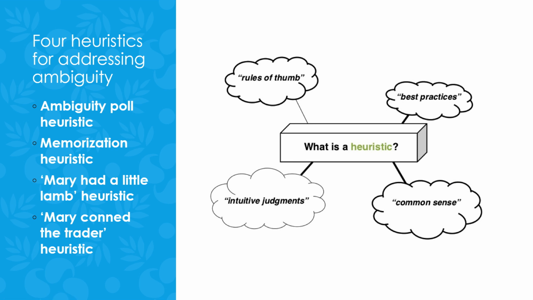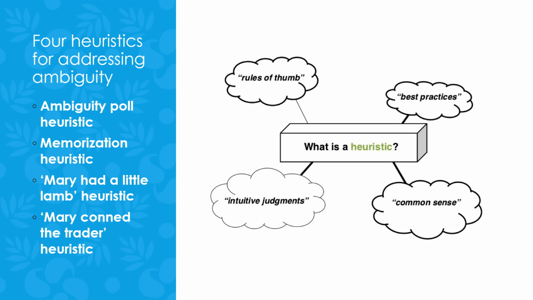The authors in the book, and they have a lot of other great ideas, come up with four heuristics: rules of thumb or best practices. That's the sense of a heuristic going on here for addressing ambiguity. They're not rocket science. They're pretty easy to see how they work. I encourage you, if you're in a situation requiring it, to remember this, maybe even go back to the book. I'm talking about in the future in your career, and see if you can apply them.